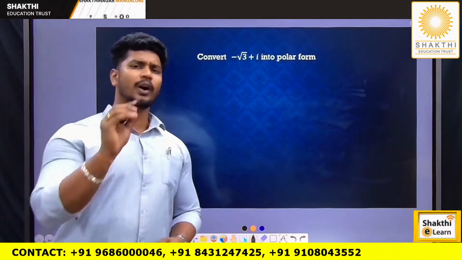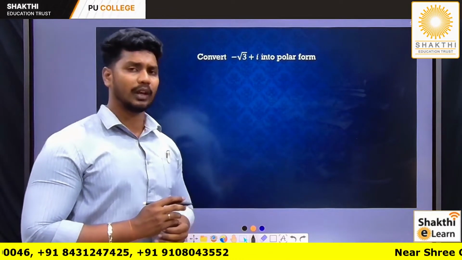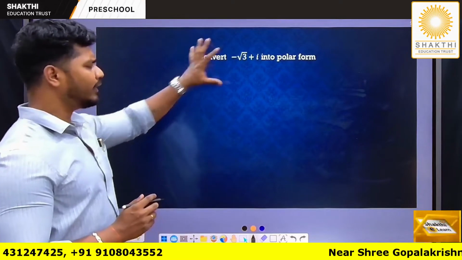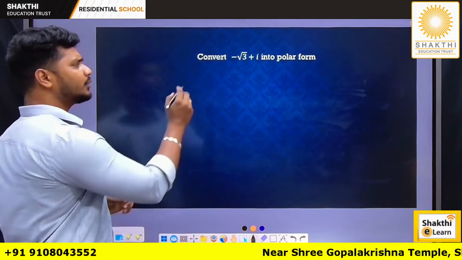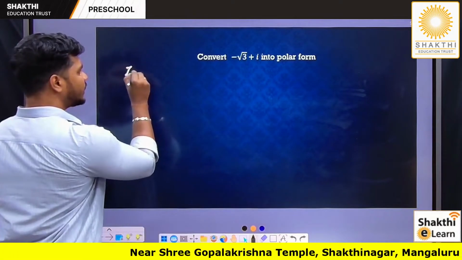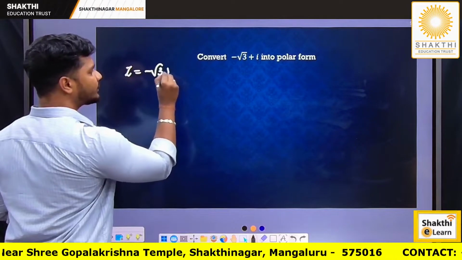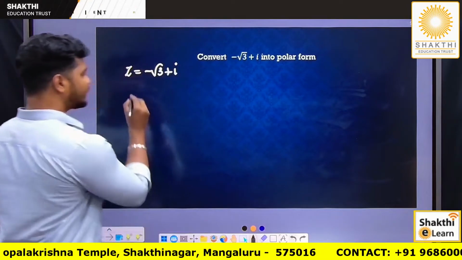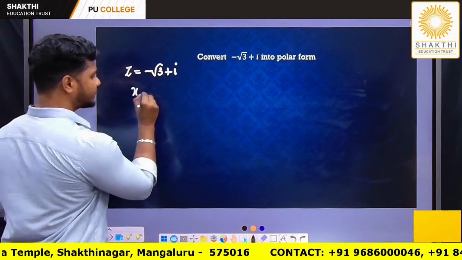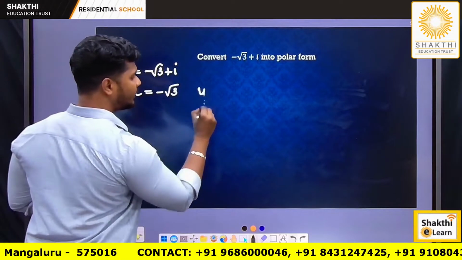Let us solve one simple sum about converting a complex number into polar form. The same way, I'm having a question here: convert minus root 3 plus i into polar form. Let me consider it as z. z is equal to minus root 3 plus i. Now by comparison, I have the value of x as minus root 3 and the value of y as